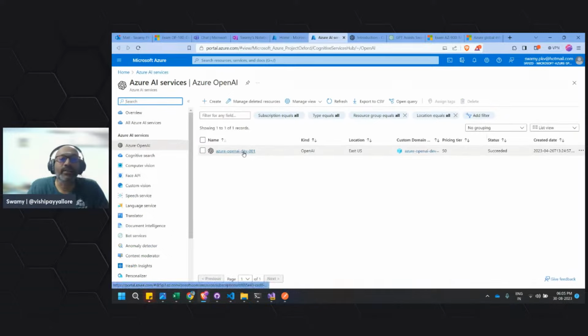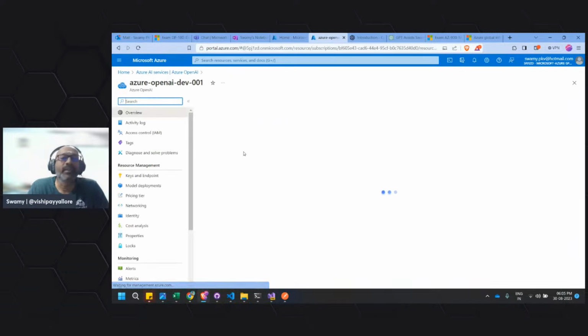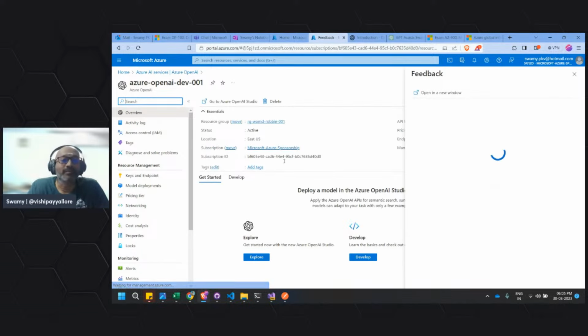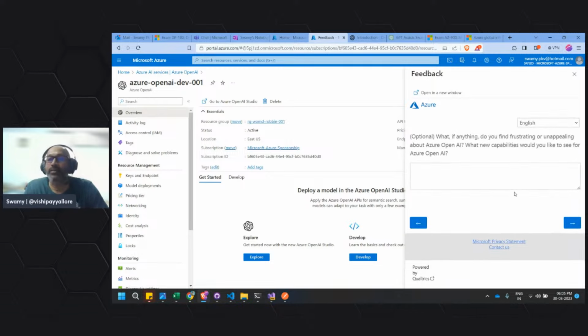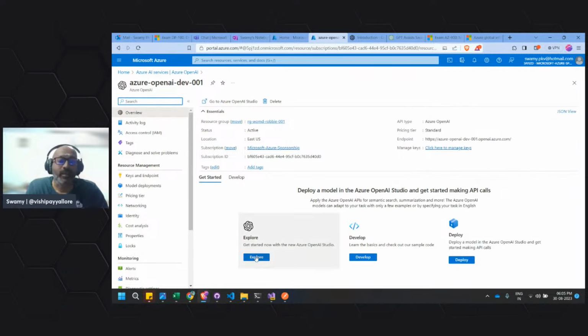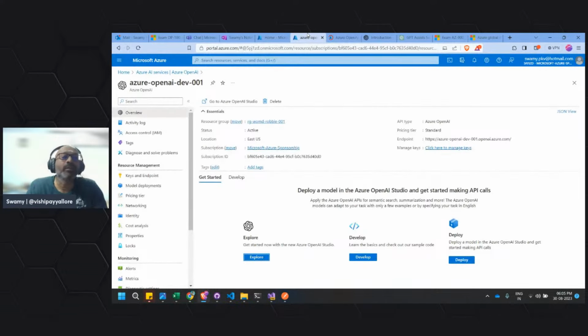So here is the key thing, our OpenAI Studio. Let me open this studio. And again, for anyone joining this session for the first time, the first session is already done.